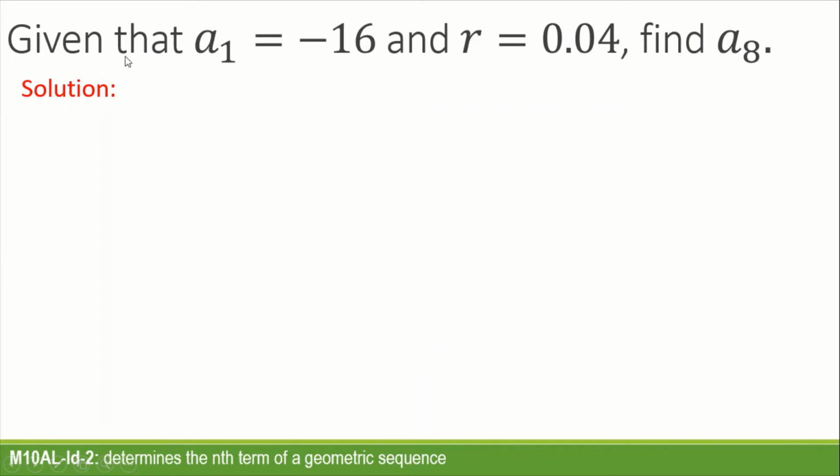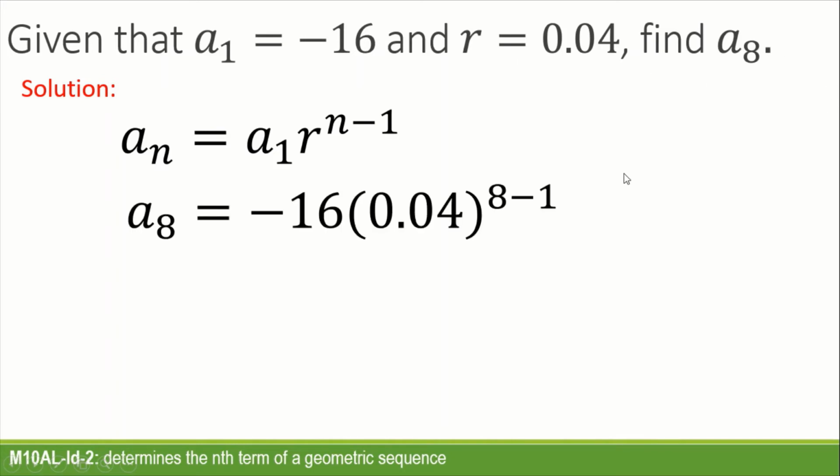Next, given that a sub 1 is equal to negative 16 and r is 0.04, find a sub 8. So, this time, try naman tayo ng example na may decimal na common ratio. So, naka-specify na ulit ang mga values ng first term and common ratio and n. So, plug in natin sa ating